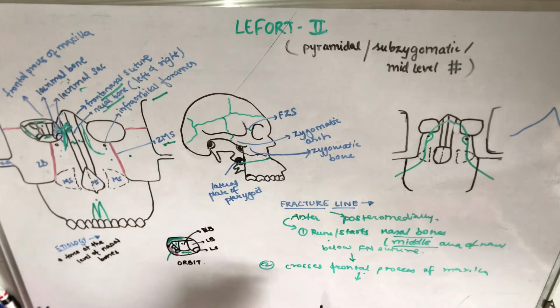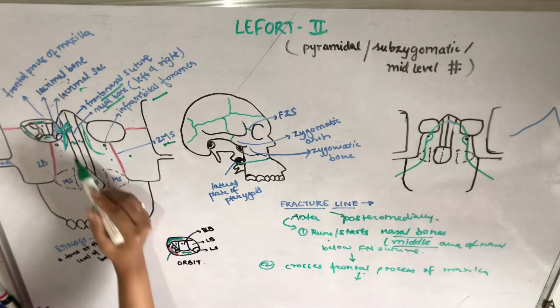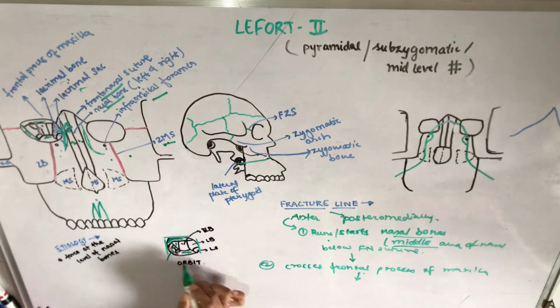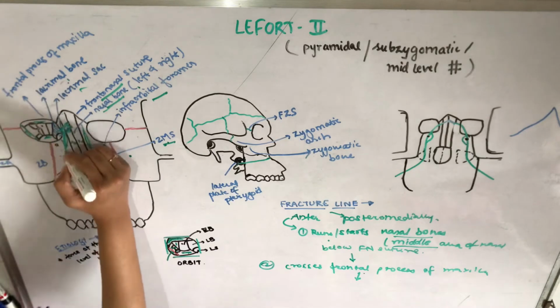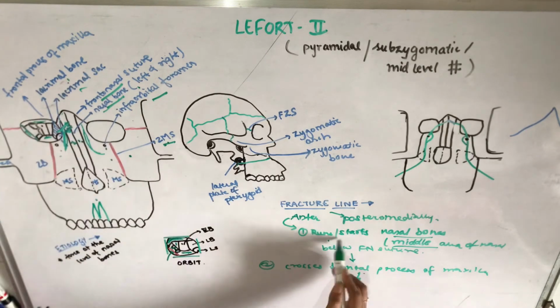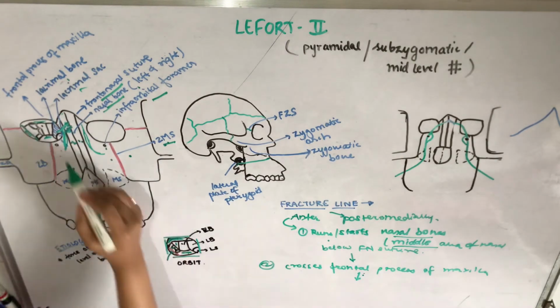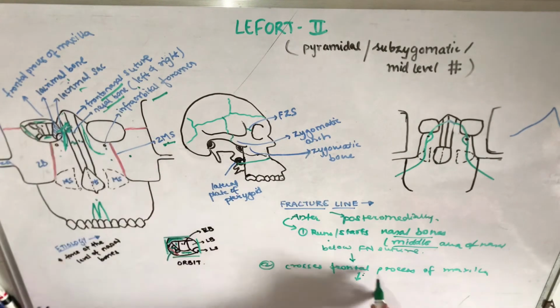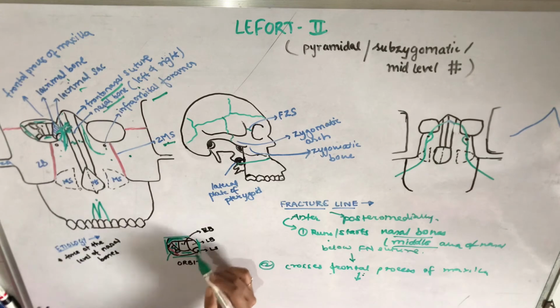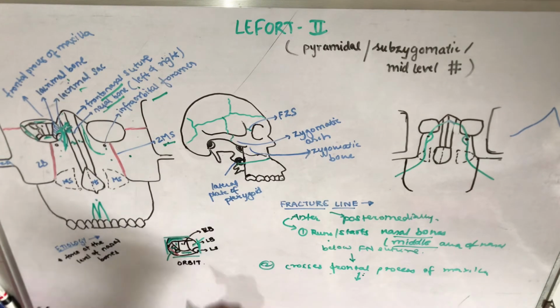Now we have seen, so it crosses the frontal process of maxilla. Now this fracture line, it enters the medial wall of the orbit. Now your orbit, it has 4 walls. So this is the medial wall, superior wall, lateral wall and inferior wall. So this is the medial wall. So it enters, so now you have seen this was the first point, that it starts from the nasal bone. Now it has crossed the frontal process of maxilla. Then it enters the medial wall of the orbit. Now this is your medial wall. So now this fracture line, it has entered this medial wall.